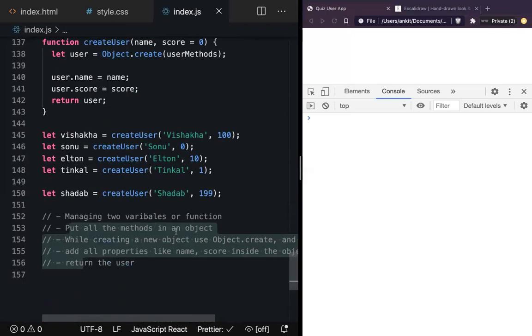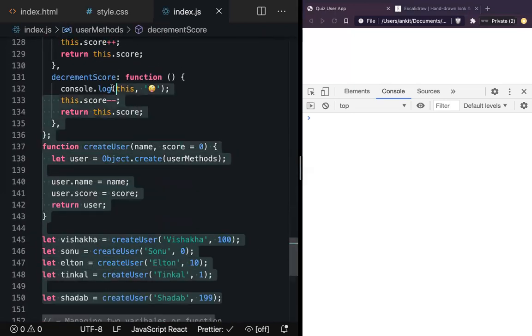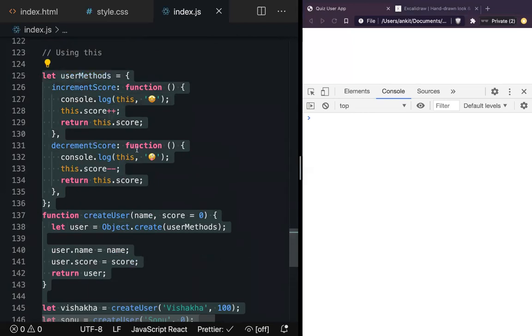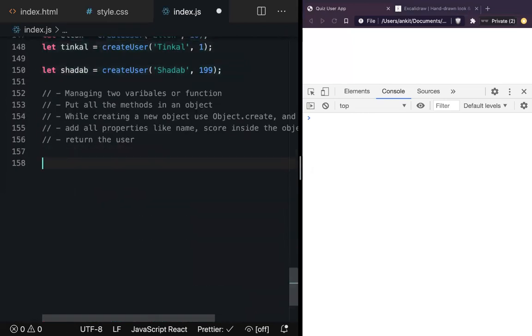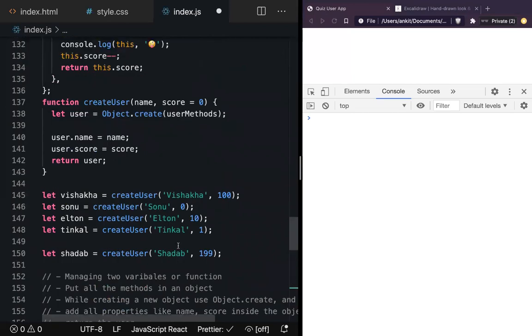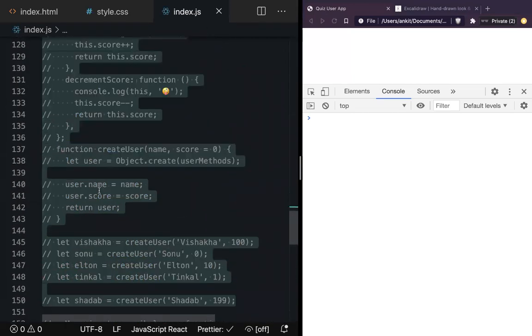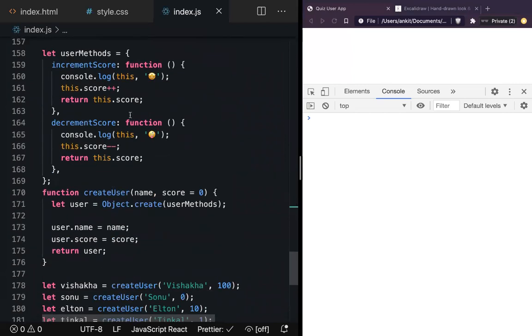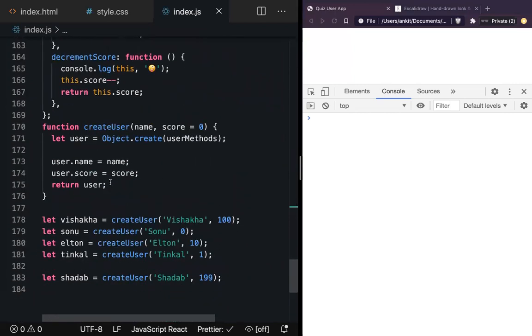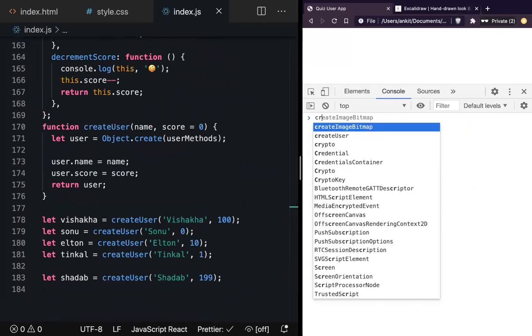But before that, let's go ahead and copy this thing from here and paste it here, so we know what we are working on and from which point we went ahead. So right now we are here. Let's go ahead and look at create user.